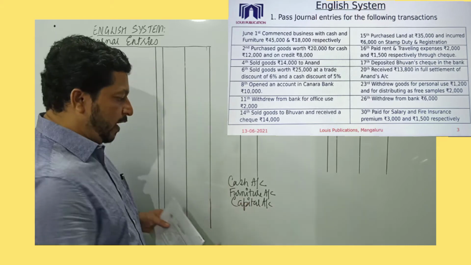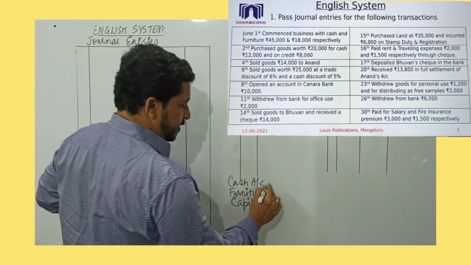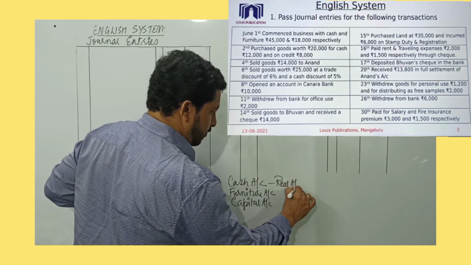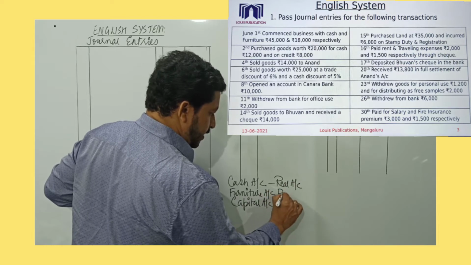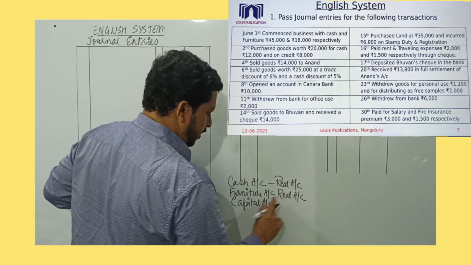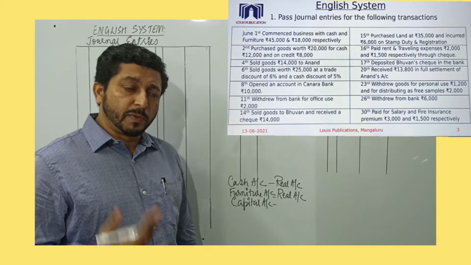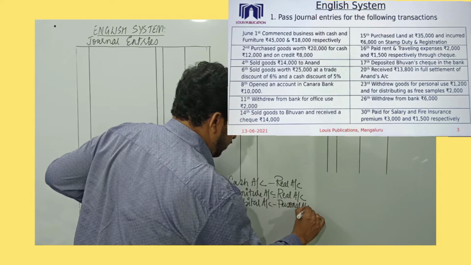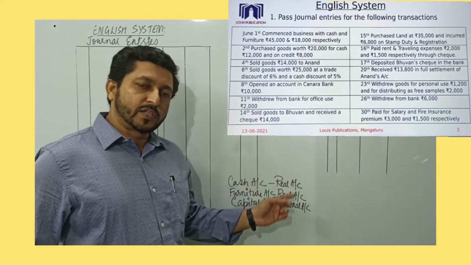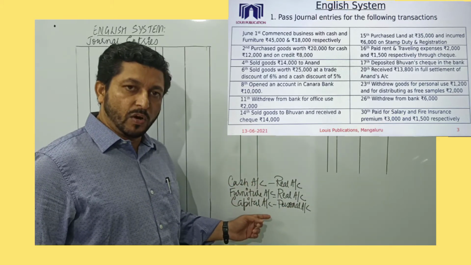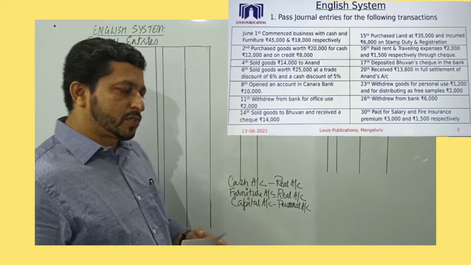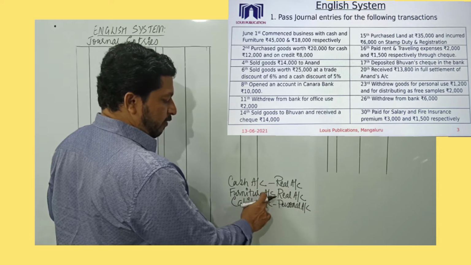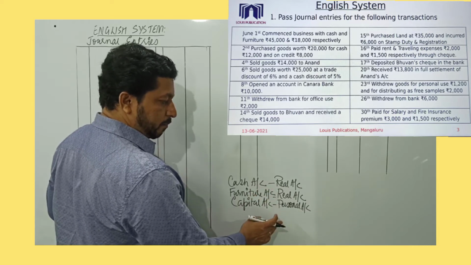The third step is to find to which class of accounts the account present in the transaction belong to. Cash is an asset, belongs to the class real account. Furniture is an asset, belongs to the class real account. And capital, it is businessman's personal account. We don't record the name of the businessman. So this is personal account. So this is the third step. Once this is done, we go to the fourth step and apply the rules of real account, apply the rules of personal account, and find whether this account is to be debited or credited.